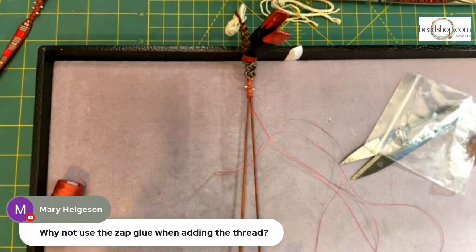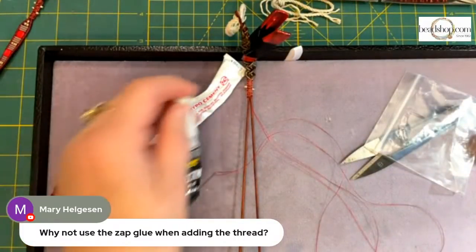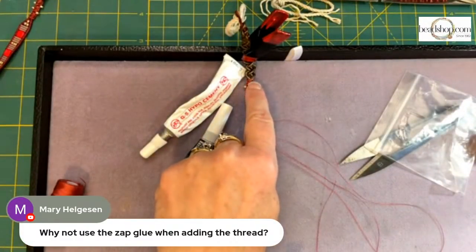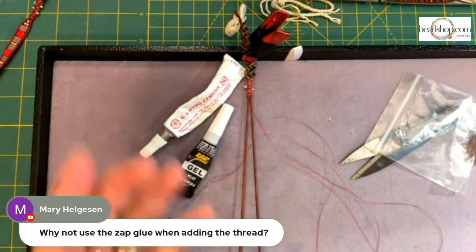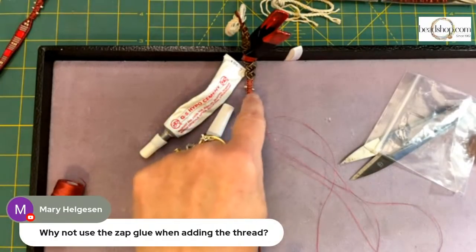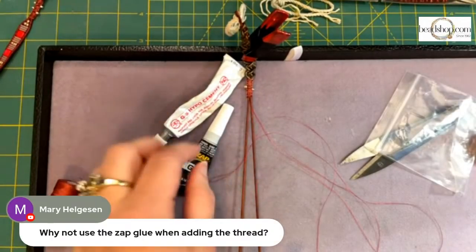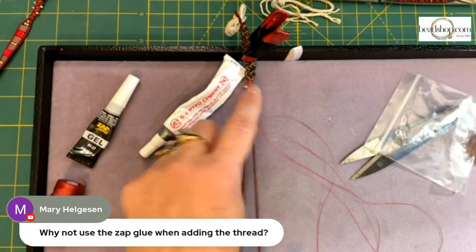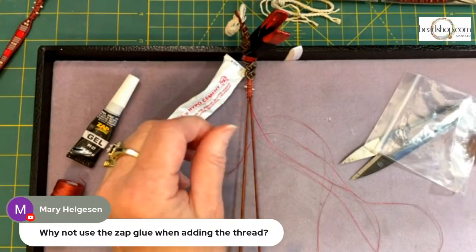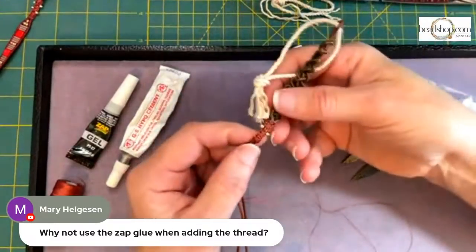Great question, Mary. The zap is stiff. It's like super glue, right? So I used it here under my leather because it's fast acting, but wherever I add it, it stiffens the piece, okay? Because it's like super glue. The GS Hypo is more of a flexible glue. So if I had used it on this section,